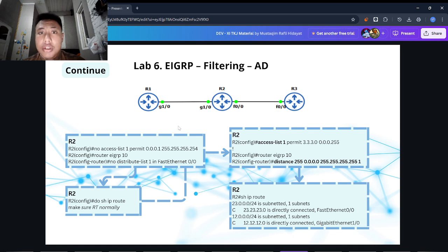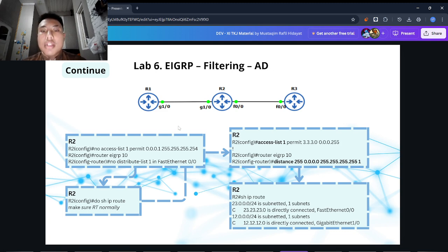So the result is Router 3 will not have Router 1's LAN in its routing table, but the EIGRP neighbor relationship remains active. Last, filtering with AD is an indirect method.